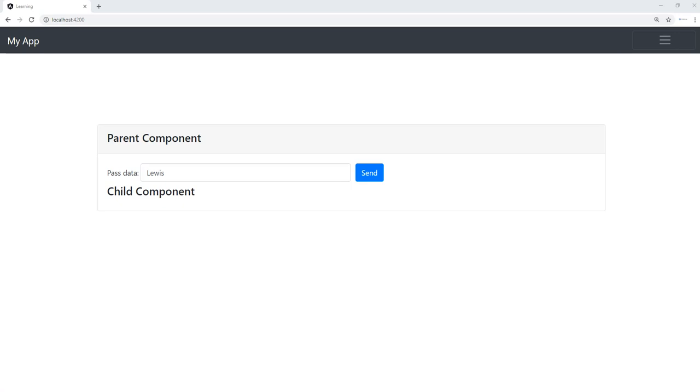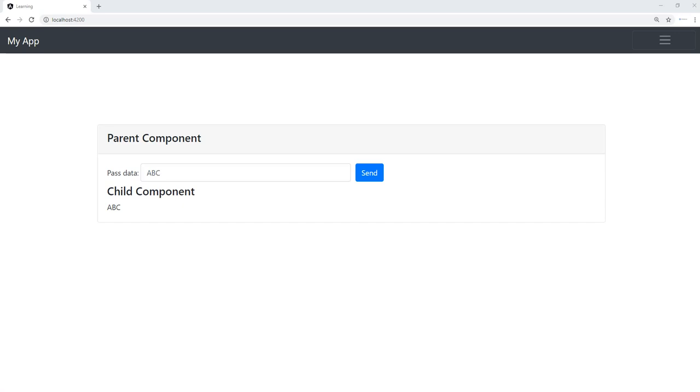The initial value is now visible, and if I change the text Louis to ABC and click on the send button, its value is passed to the child component. So this is how we can achieve this functionality.